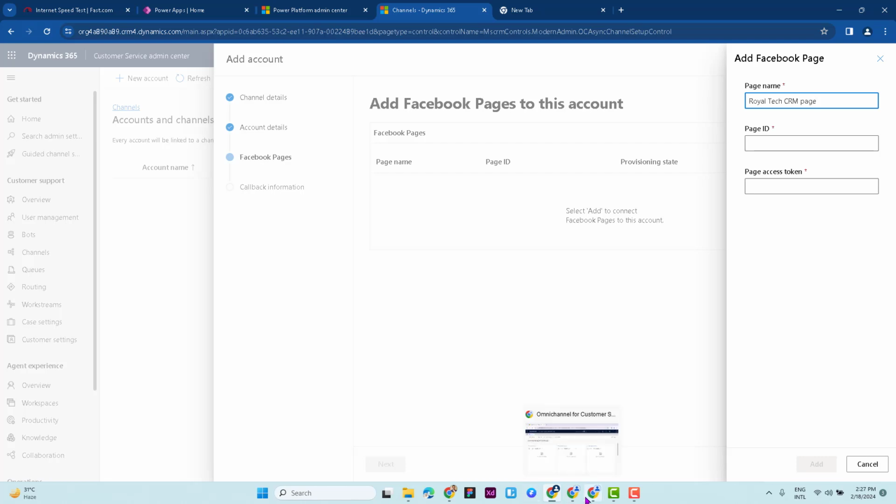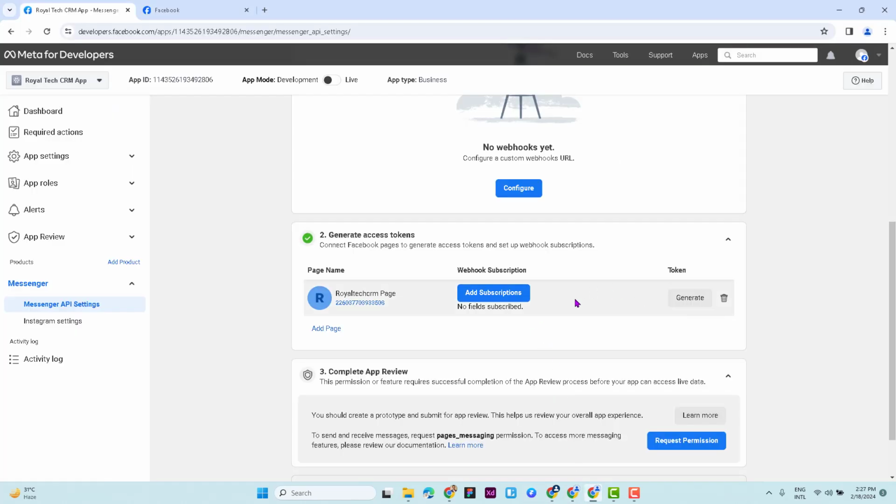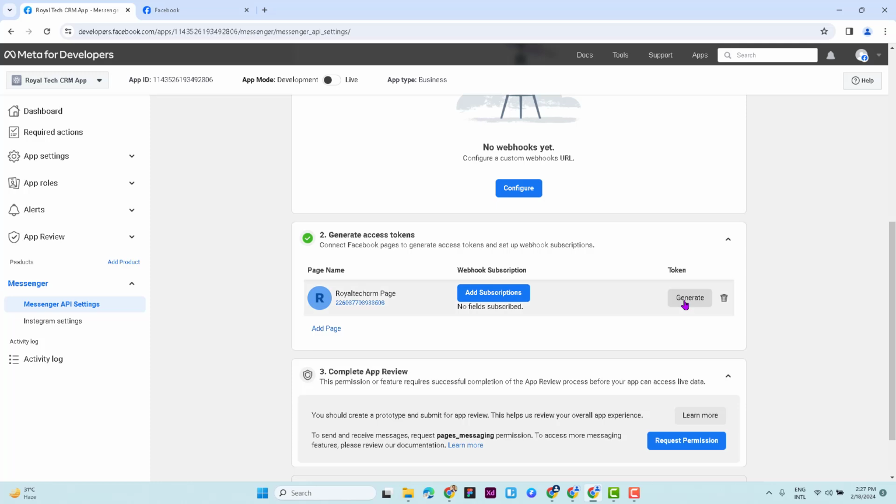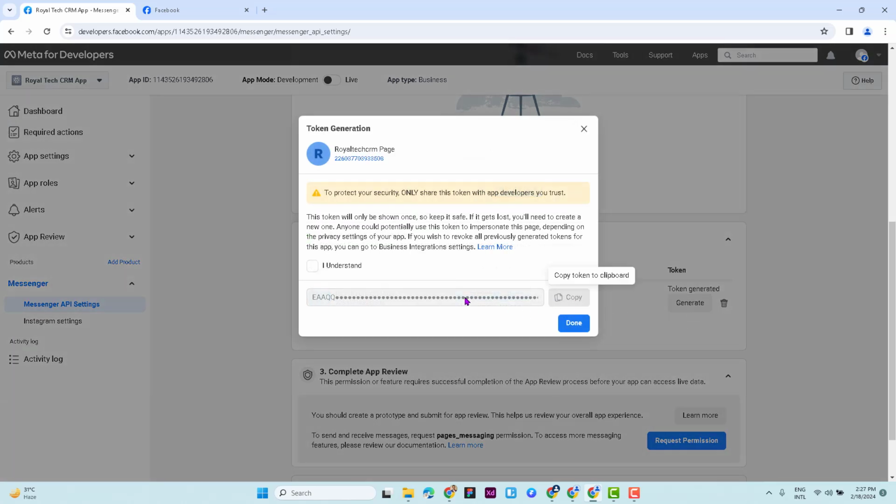So we go back to pick the page ID. Come here, this is the page ID. So I've copied the page ID. If you just hover over the ID, you'll be able to copy it. So just copy the page ID, come back here, paste the page ID, then go back to get the access token. So this is the token, so I can generate it. Don't generate. Just click on understand, copy this,